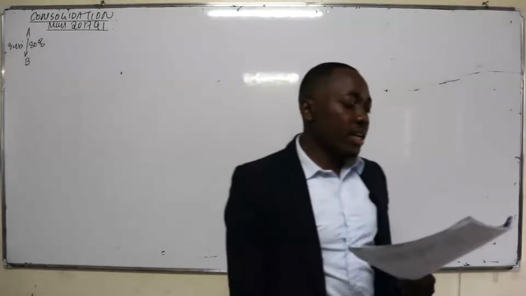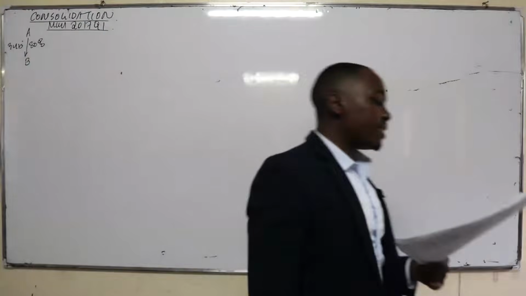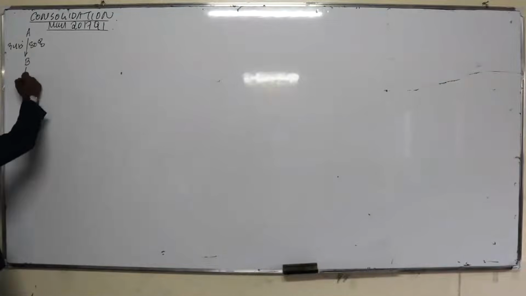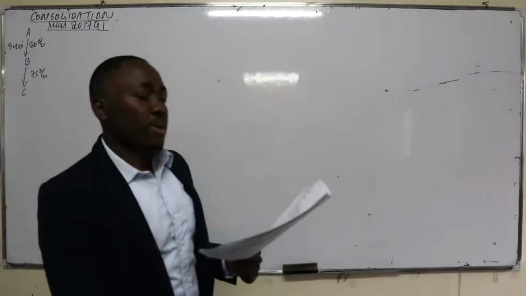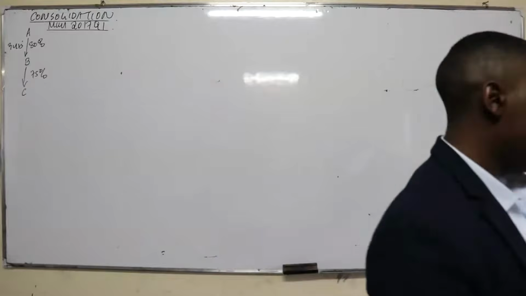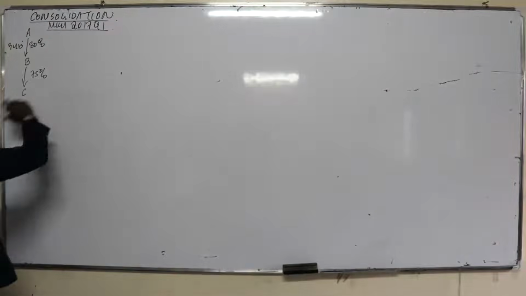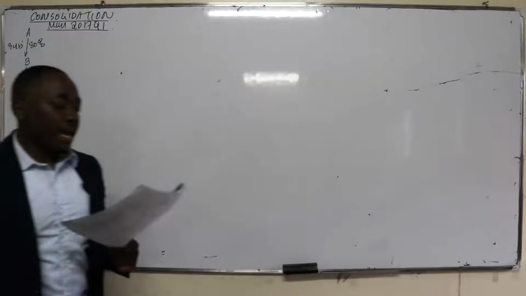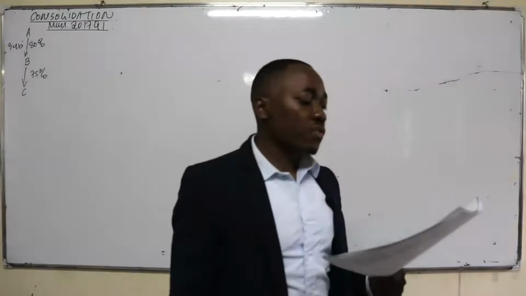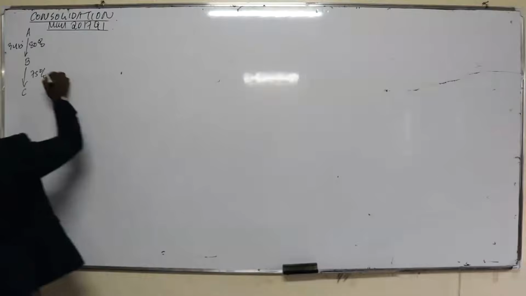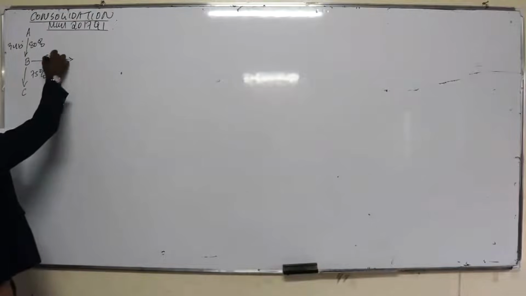Then let's go to number 2. B Limited acquired 75% of the share capital in C Limited on 1st April 2015. How many years to the end? So let's go to number 3. B Limited also acquired 40% of shares in D. So that means